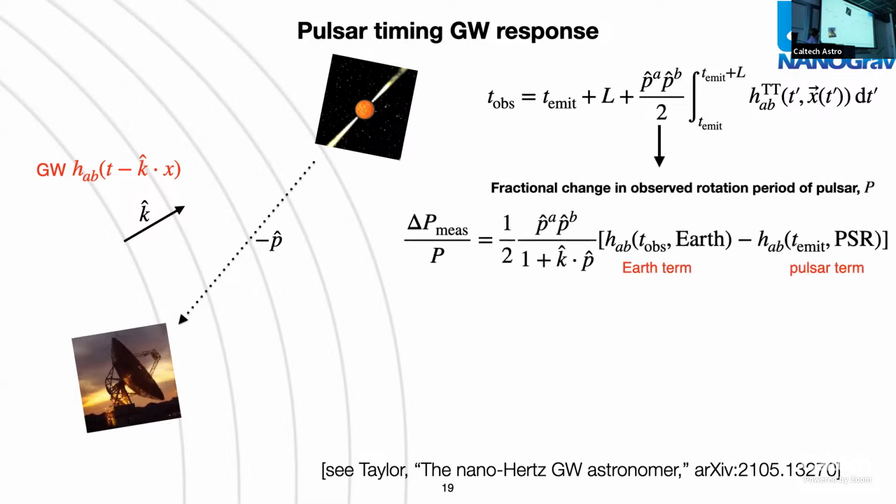So what this results in is a fractional change in the observed rotation period of the pulsar, which is labeled as P. So if you're clicking off pulses and you're looking for how long it takes in between them to measure some rotation period of the pulsar, then these gravitational waves will give you some fractional change in the rotation period of this pulsar. And that fractional change is related to the strain at the Earth and the strain at the pulsar when the pulse was emitted. And then we've got some extra response term out here, and we've picked up this dot product in the denominator that's related to how k and our line of sight are related to one another. And this may seem counterintuitive at first.